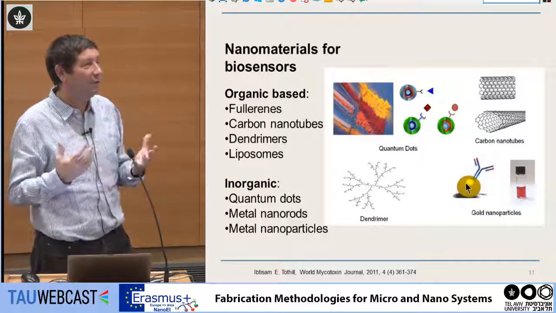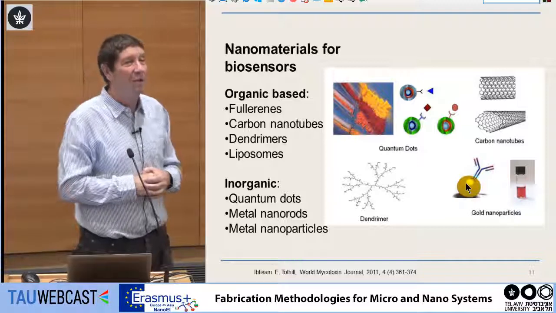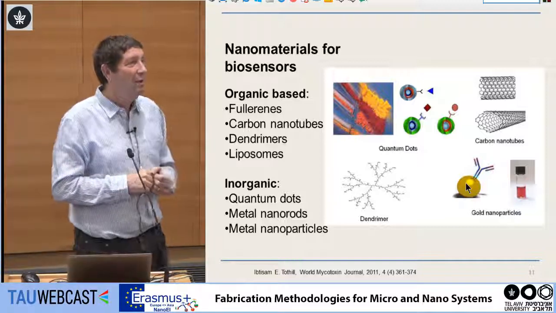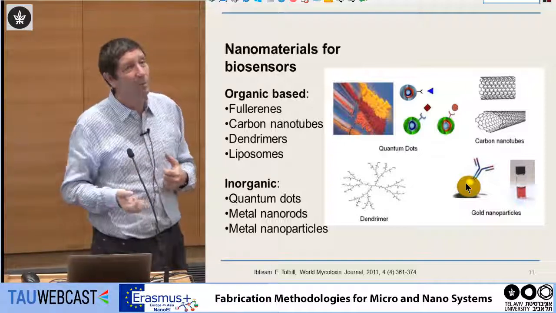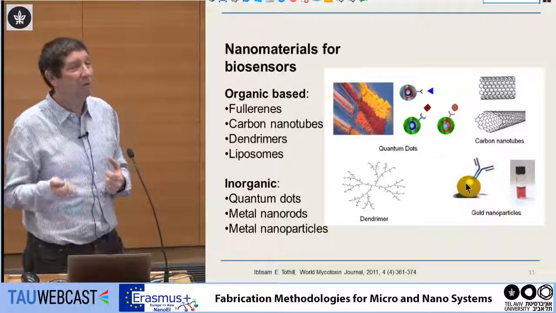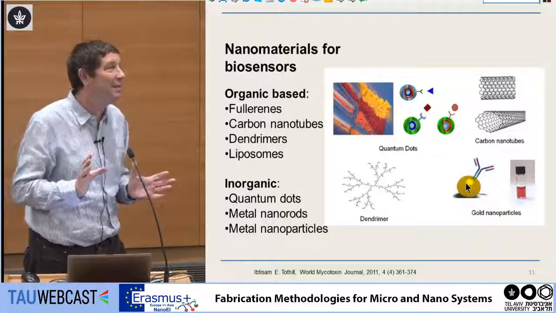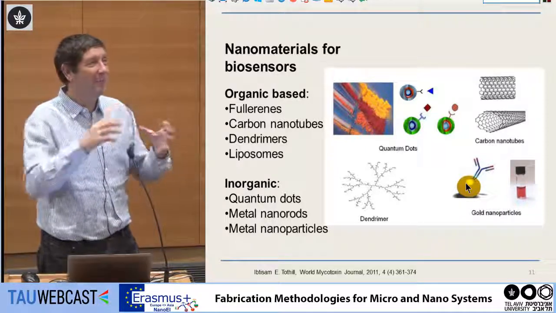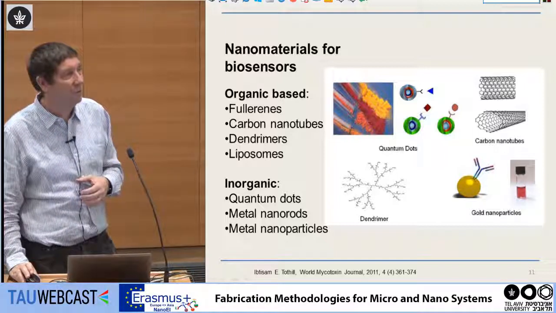I can use it in X-ray to have a beautiful signature. I can use other methods to detect gold. Instead of gold, by the way, I can use iron. People today use a lot of iron oxide instead of gold. Iron oxide has a wonderful property: it's magnetic. So what they do, they take iron nanoparticles, not gold, mix